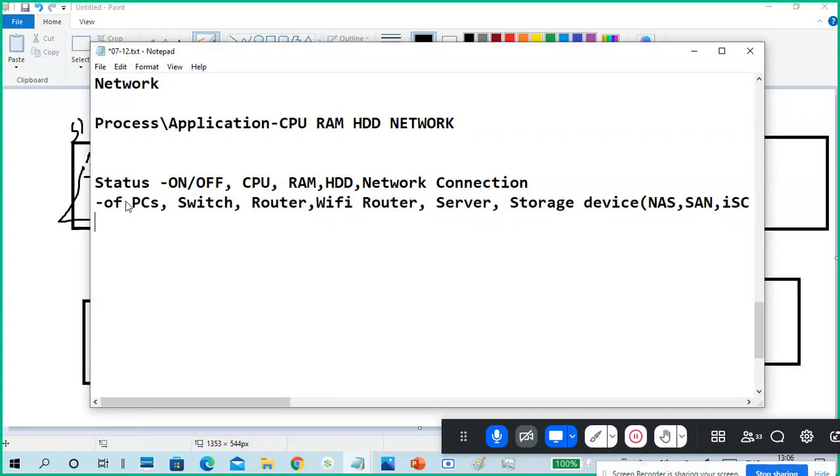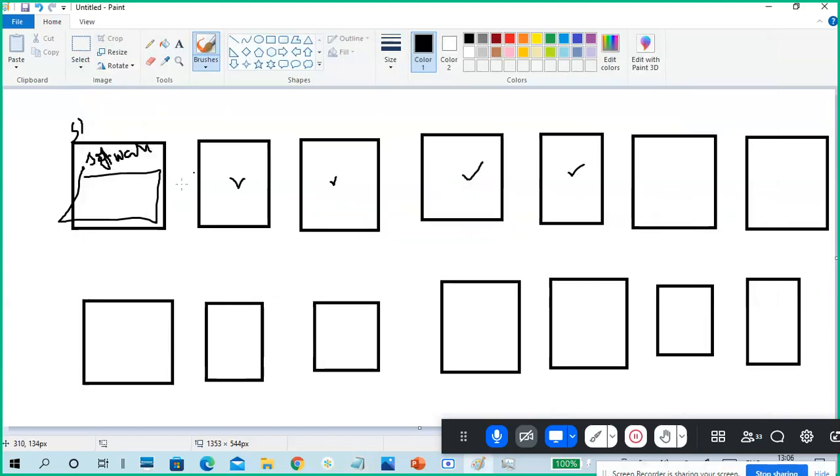Okay, so their status, whether it is working, not working, on, off, how much CPU it is consuming, how much RAM it is consuming, how much hard disk is consuming, or a network connection. First, initially, I monitor my infrastructure using this application.